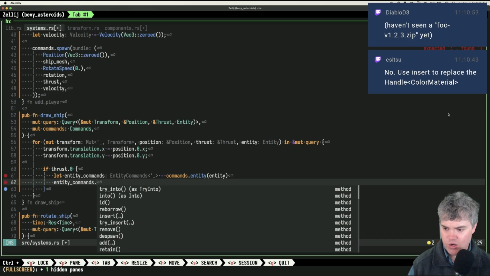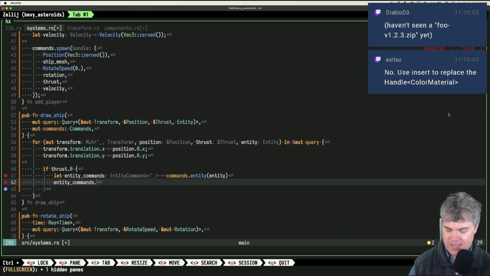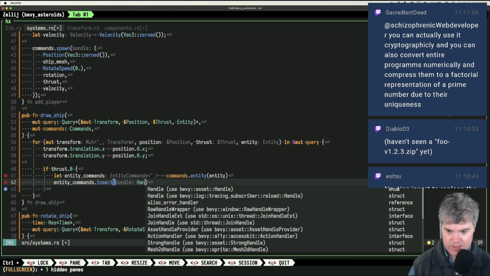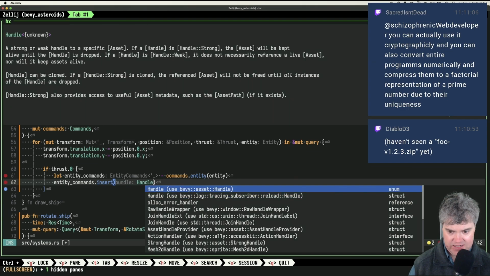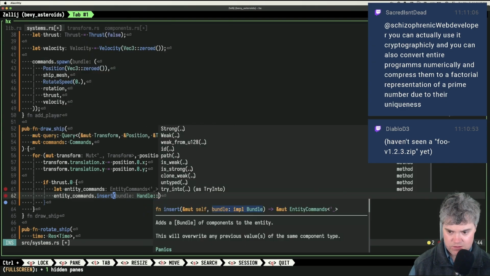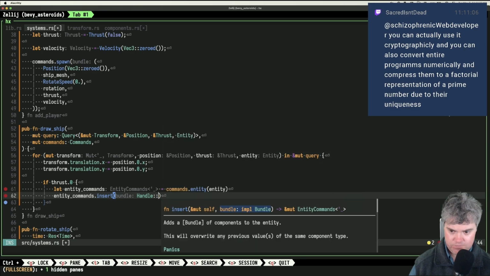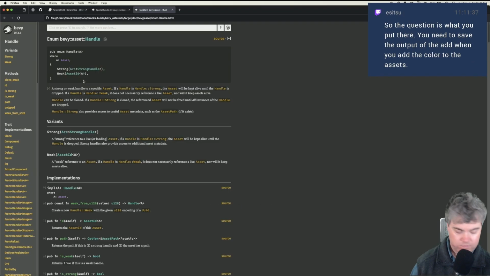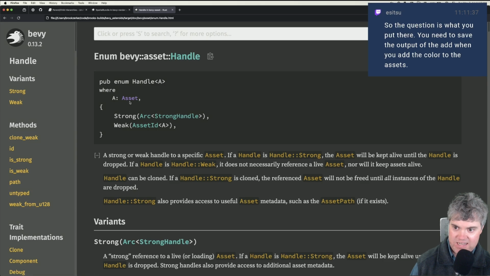Okay, hold on. So I want to insert a Bevy asset handle. Okay, so I need a handle, which has the asset. Oh no, it has strong, weak.